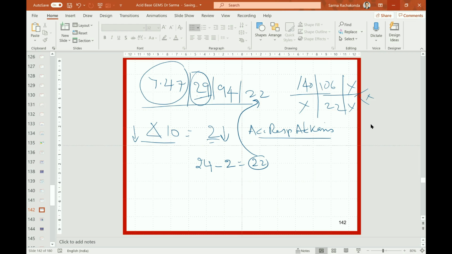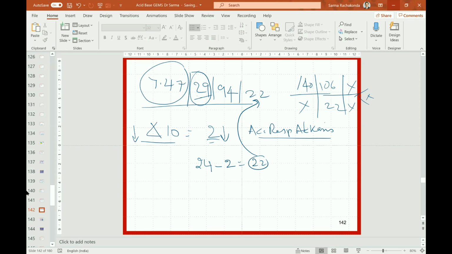Likewise, when you see acute respiratory acidosis, you must be thinking of ARDS, severe pneumonia, COPD, rib fracture, musculoskeletal disorders, barbiturate poisoning, hypnotic poisoning, anything that depresses the respiration. You must be thinking around that in the clinical setting. So immediately you must have a list of conditions which lead to acute respiratory acidosis and chronic respiratory acidosis, likewise acute respiratory alkalosis, chronic respiratory alkalosis. Tomorrow I will give you those tables, so that you will know clinically what to suspect and what to ask for in the history also.